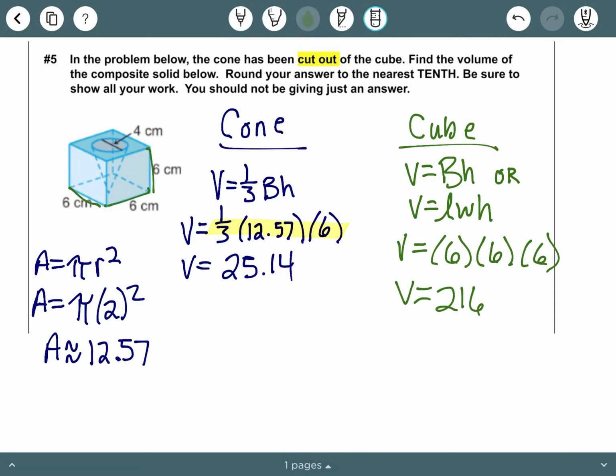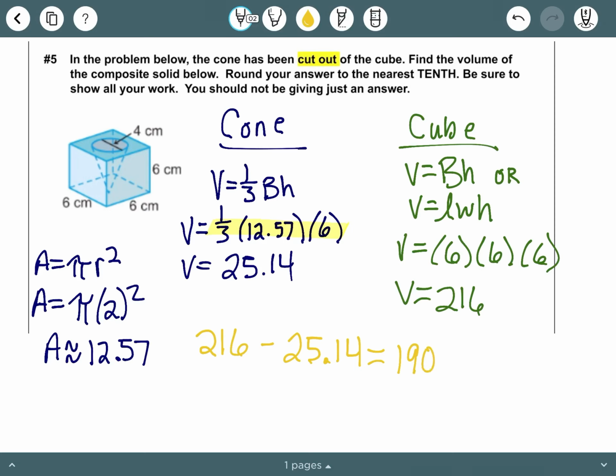All right, we are not quite done. We still have one last step here. So we have the volume of our cube, and we have the volume of our cone. Now remember, that cone has been cut out or taken away or removed from that cube. So what we want to do is subtract that from the cube. So we're going to do 216, and we're going to subtract 25 and 14/100. And when we do that, we should get